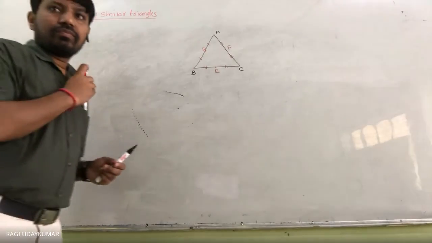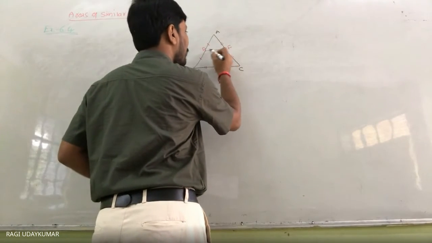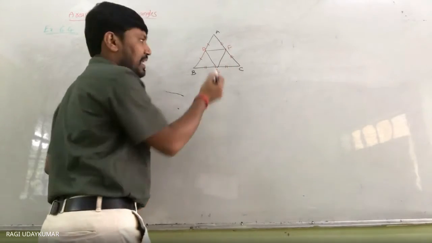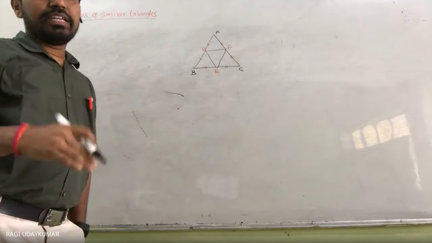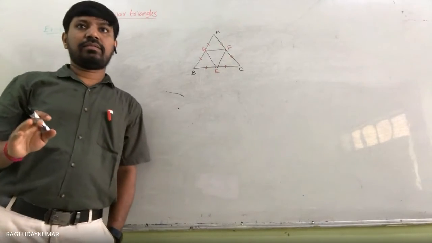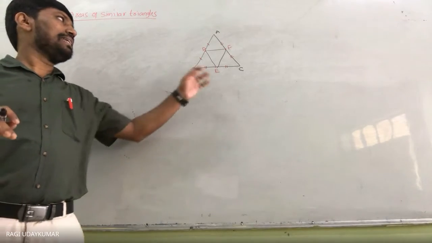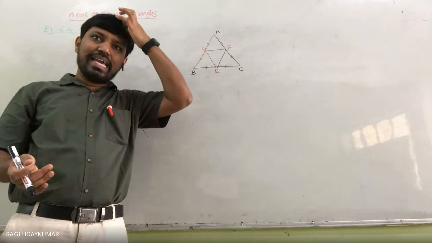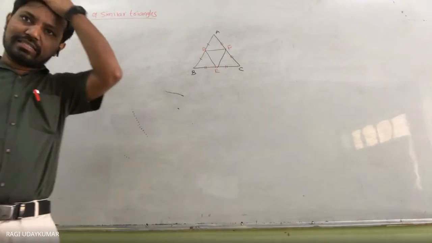Okay. So now here it is asking you to find the ratio of the area of triangle DEF to ABC for any triangle. It may be any triangle, where the midpoints are given. Ratio of the area of triangle DEF to ABC. Can anyone say what will be the ratio of the area of the triangle ABC to DEF? DEF to ABC is what the question is asking.